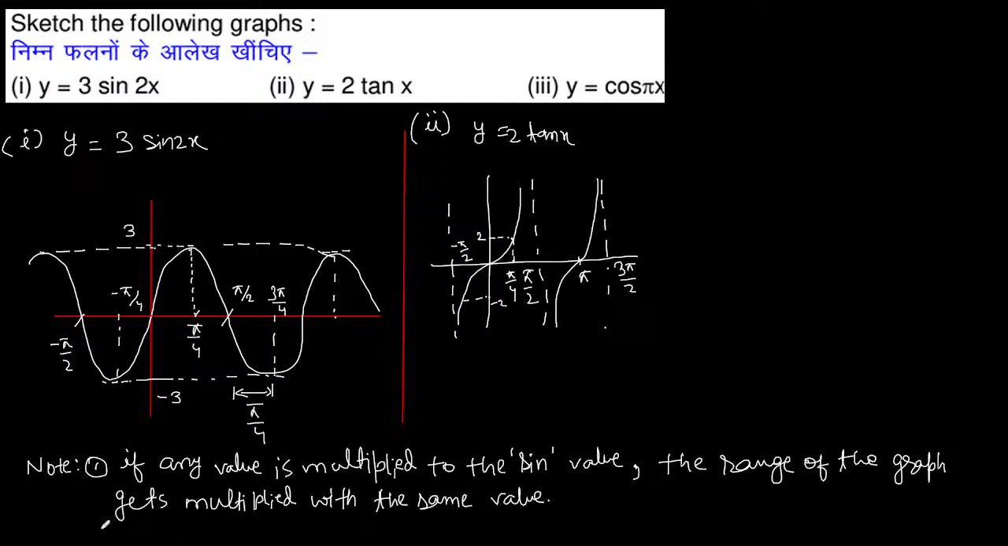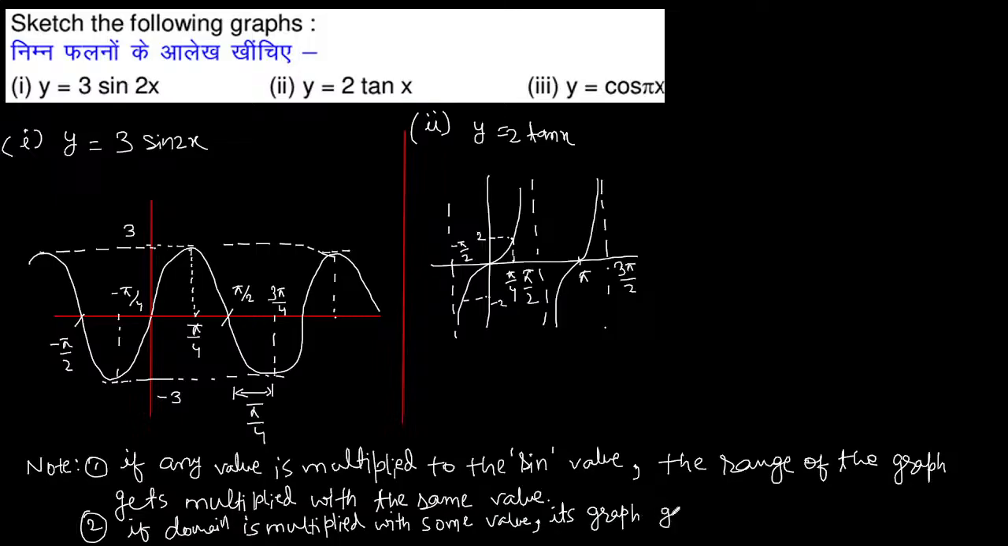सेकेंड नोट इज फॉर, if domain is multiplied with some value, its graph gets contracted. ये देखिए, ये ग्राफ कॉन्ट्रैक्ट हो गया, ये π/2 पे आ गया, ऐसे ये π पे जाना चाहिए था। Its graph gets contracted by same multiple. ओके।